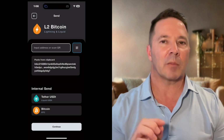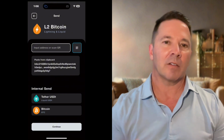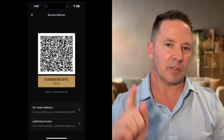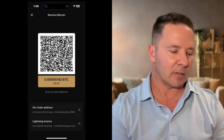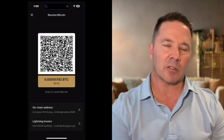What I'm going to do is go grab a receive address from a Lightning wallet, and I'm going to paste it in here and send $5 of Bitcoin out of this wallet using a Lightning payment to that address. Let's do it. Okay, here we are back in the River Exchange where I'm going to send that $5 to. This is the Lightning invoice for $5, and I'm going to copy that Lightning invoice address here. Press the button next to it, press copy, and then I'm going to go back to the Aqua Wallet and